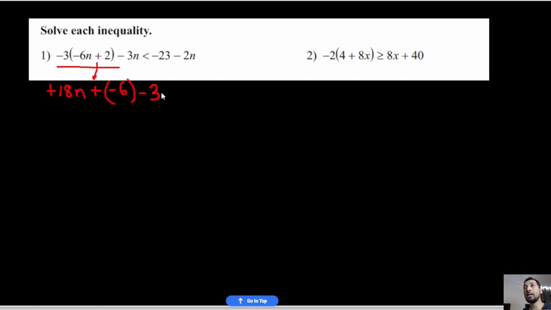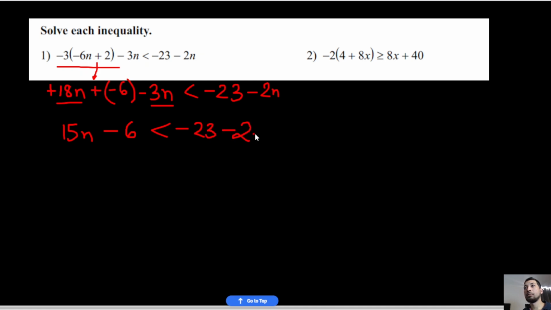Minus 3n less than negative 23 minus 2n. Now we can see that we can combine the like terms on the left side. We have 18n minus 3n, so just subtract the coefficients. 18 minus 3, that is going to be 15n. This plus and negative sign would cancel out to a minus sign. So we have minus 6 less than negative 23